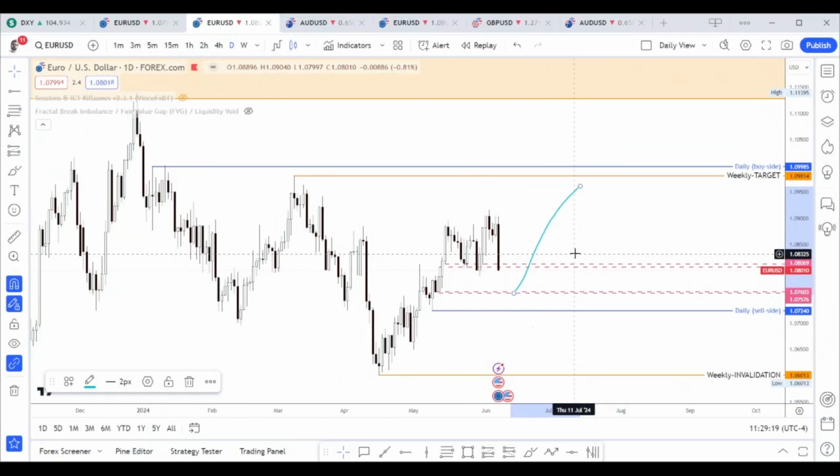So for now, I would like your USD to come down here and tap this level on Tuesday or maybe Wednesday. Probably, I do not want CPI displacement to be bearish. I want CPI displacement to be bullish, and that is very important for me for this coming week. Okay, now let's dive into 4 hour chart.